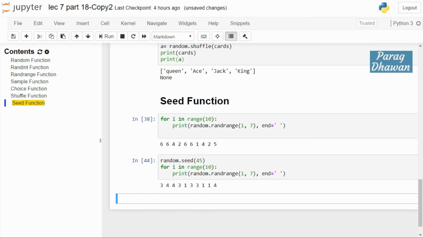Where does it find application? When you are using a machine learning algorithm, you have a training set and a test set. If you select a batch or a training set which is single and you want to shuffle the data, you can randomly select that batch from the training set and shuffle it. If you want to select mini batches from the complete batch, then you can use the random select function, the choice function. So for manipulation of data and selection of a sample from a population, you can use the random module and the functions present inside the random module.